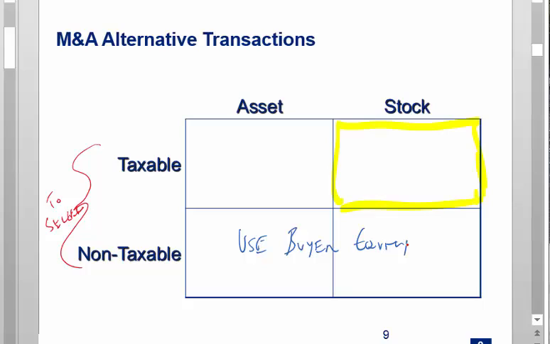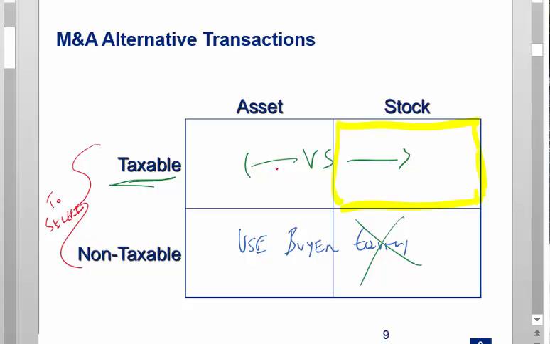What you've done is you've deferred the taxation, because the basis in the shares you get from the buyer will be a carryover basis from the shares you had previously in your target. Okay, so tax-free reorgs defer tax. But in most cases, sellers want to go sit on a beach, right? And so they don't want buyer equity. They want cash. And once you start paying with cash, it's taxable.